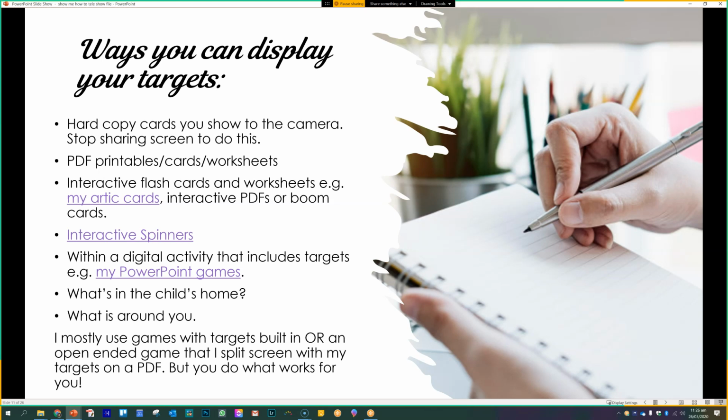Make sure you're not screen sharing at the same time, because you do get smaller when you're screen sharing. So I like to do that in just view mode where we're both beside each other. But there's no reason why you can't do that, especially if they're visual cue cards that your students are really used to, and they've come to really like them and recognize them and know them. You can also grab your PDF printables